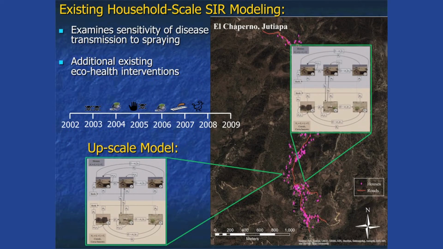And lastly, we already have an SIR model developed for the household scale. The idea is, and it's already been calibrated, so that we can look at the effects of disease spraying on the houses, and we can also look at these eco-health interventions that our collaborators actually put in place that plaster the walls and cement the floors of people's homes, move chickens outside of the houses. We're basically going to replicate that model at every single house within these villages, and then use this genetic data to actually look at the dispersal rates of the disease as it spreads and moves from house to house.